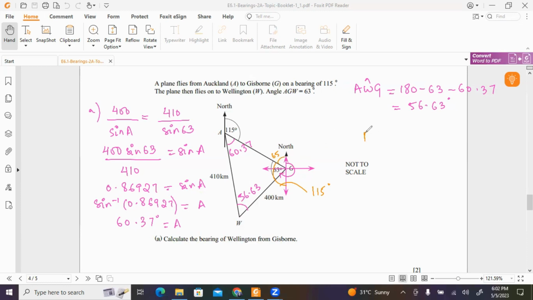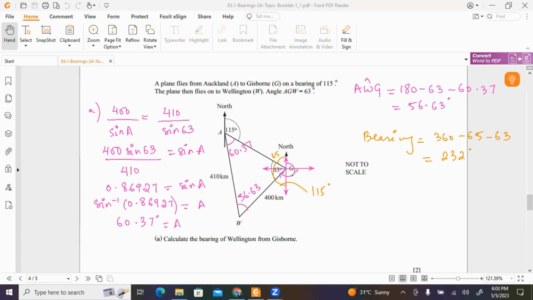So your bearing will be basically 360 minus 65 and minus 63, because this pink angle is what we're trying to find. For that, we get rid of the 63 and 65. So that is going to be 360 minus 65 minus 63, 232 degrees is your bearing of